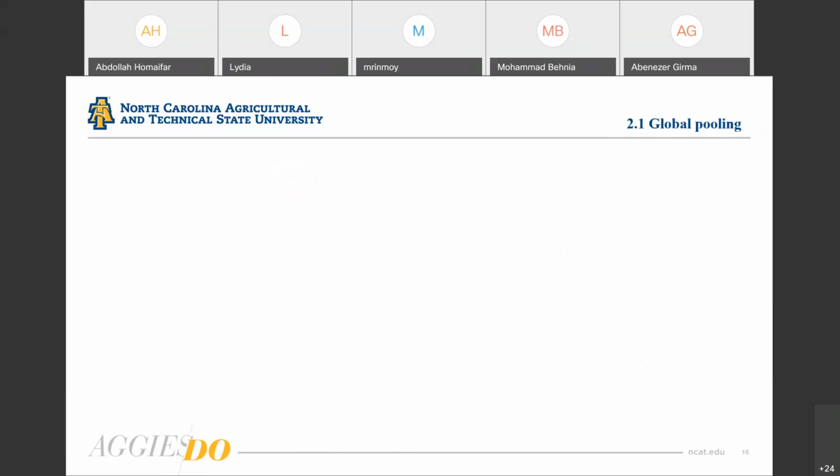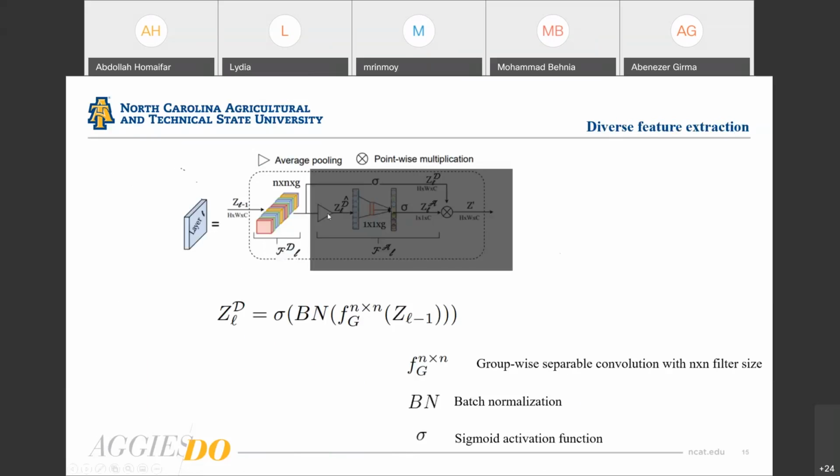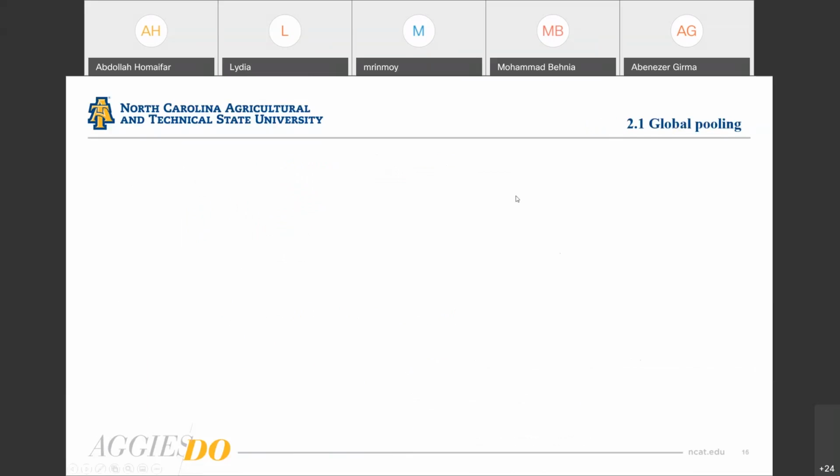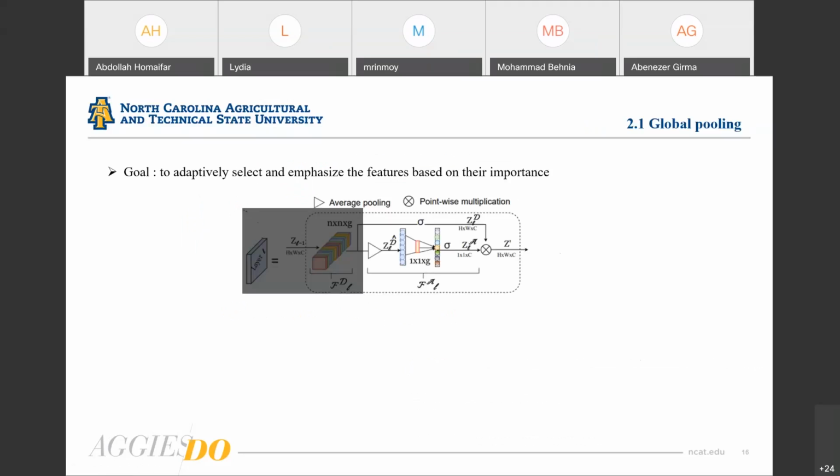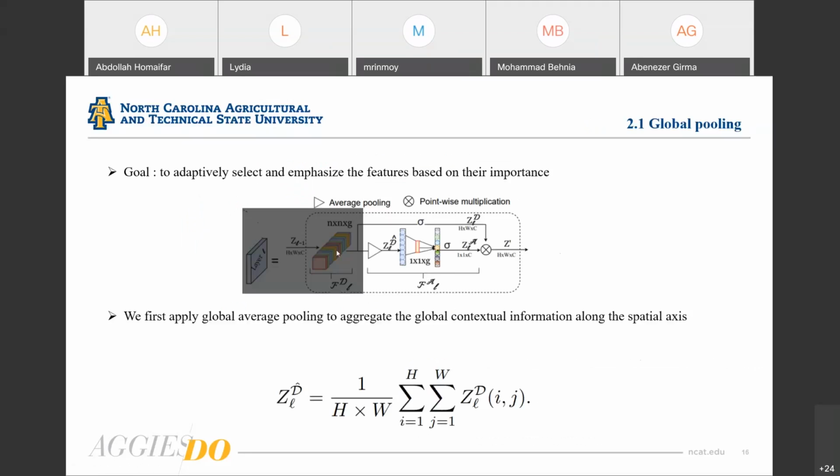After the diverse feature extraction, the next phase is this gray area, which is the adaptive selection phase. The goal of the adaptive selection is to emphasize the features based on their importance. The first thing that we do in the adaptive selection is to squeeze this 3-dimensional feature into a vector. To do that, we use a global average pooling operation, which can be represented using this equation. We converted this 3D map so that each feature is represented by one value, as shown here. Once we convert to a vector,